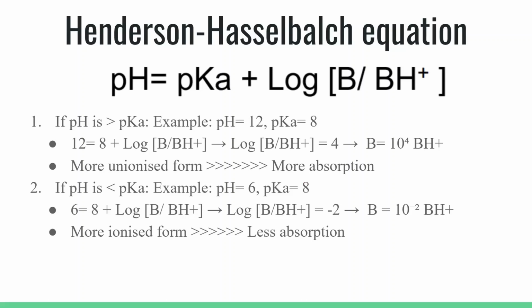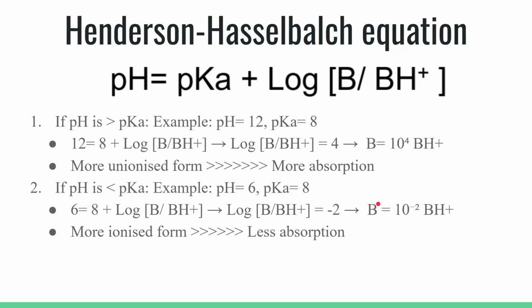Let's calculate it. Let's do the equation. pH equals pKa plus the log of B over BH positive. The pH is going to be 6. The pKa is going to be 8 plus the logarithm. So we have the equation over here. We send 8 to the other side. It's going to go negative. 6 minus 8 is negative 2. So the logarithm of B over BH plus equals negative 2. We do some math here, and we end up with this equation, which means that the B equals 10 to the power of negative 2 BH plus,